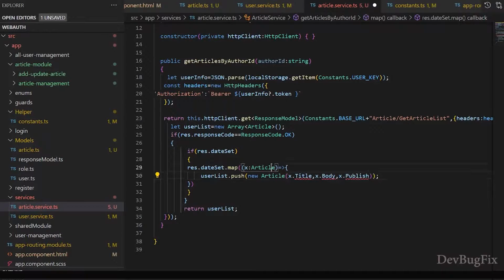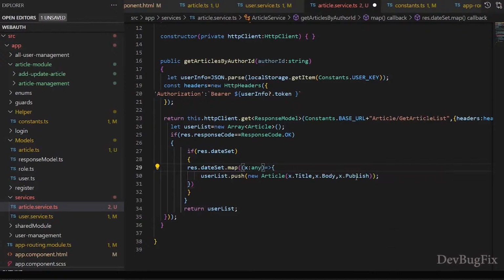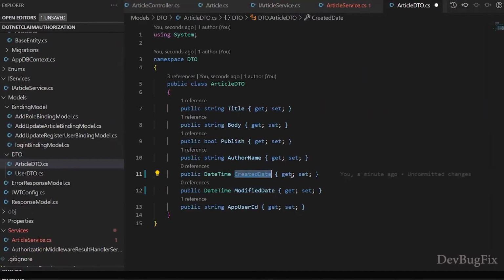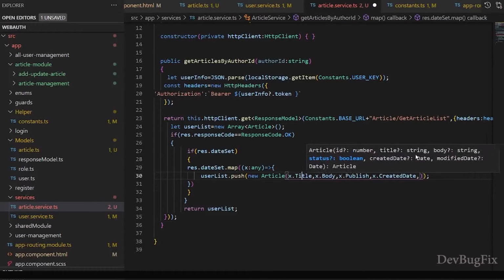These properties don't exist in article class. Article class has these properties, but their names start with lowercase. In Angular project, we follow camel case naming convention. In article constructor, we have to pass ID, article ID,